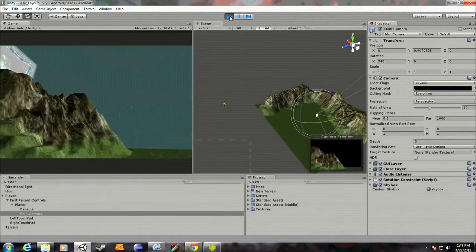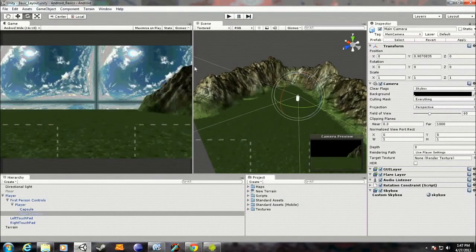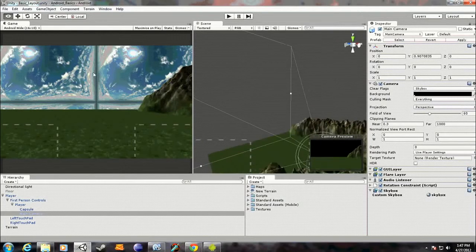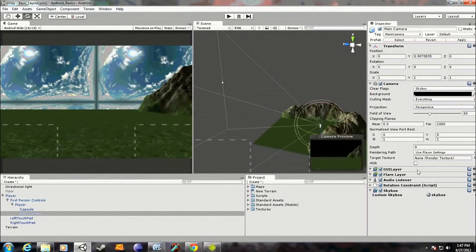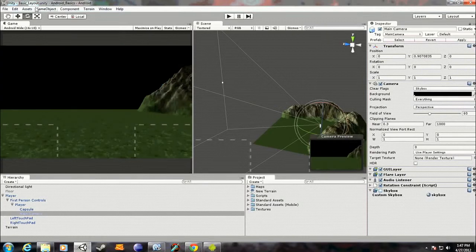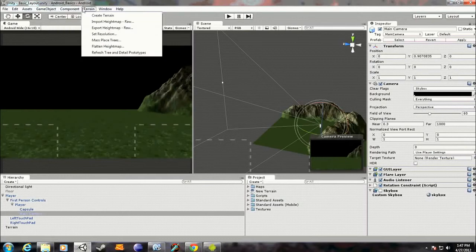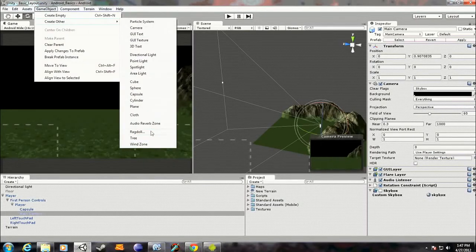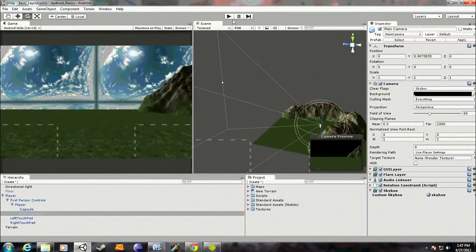Or maybe it will. Because I'm an idiot. I'm pretty sure it'll only have a look where you are, do it where you are. So right now you want to disable that. You're going to go game object. I think it's game object create other. No. Oh yeah, just leave that on for now. It looks okay